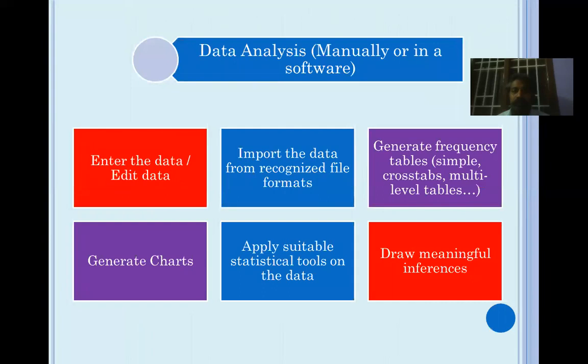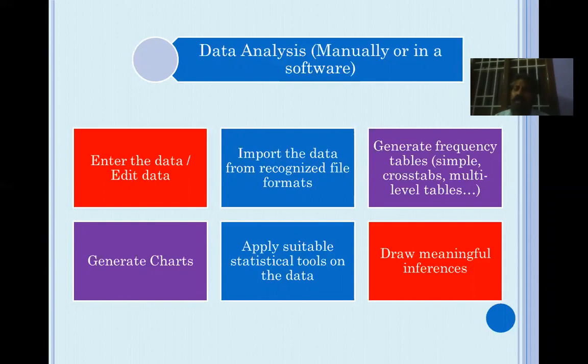Fine. So once you have data with us, we have to undertake a very important process that is required in your research work, that is data analysis. In fact, the interpretation of what you find follows next. But before you do that, you have to analyze your data, you have to manage your data. And this data analysis can be done either manually or using any software.